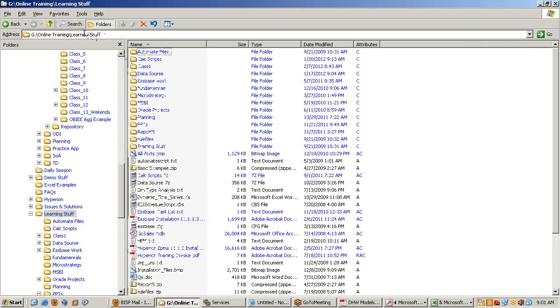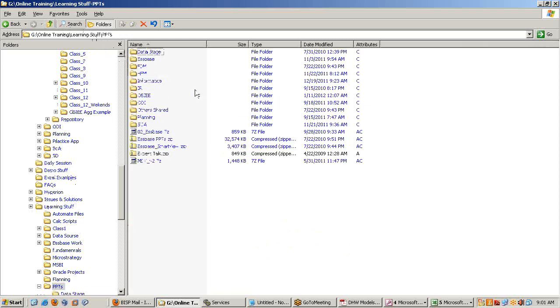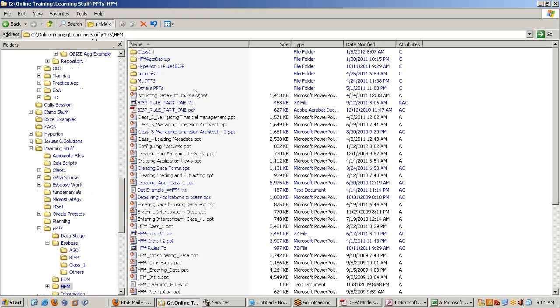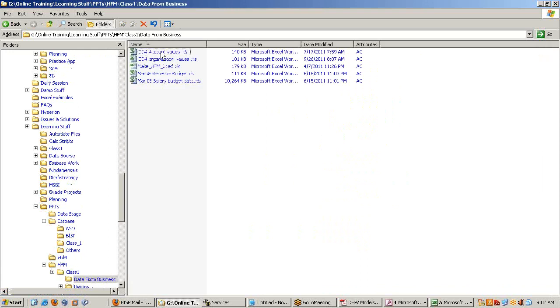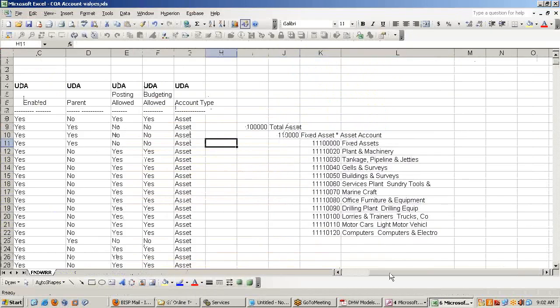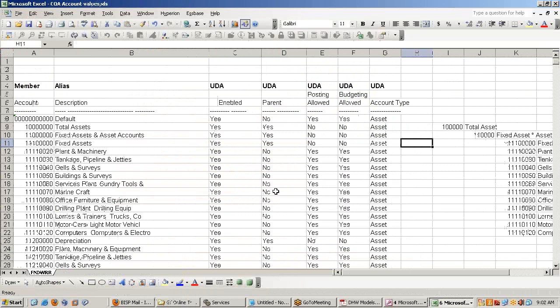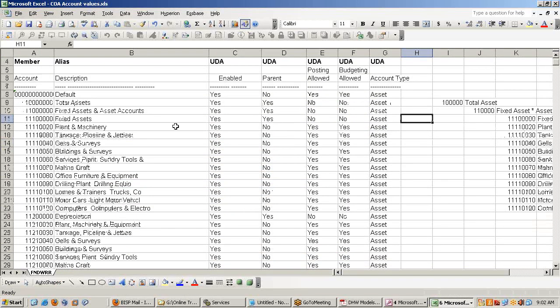Let's take another requirement. This is a real-time requirement where we need to dig out and derive the common chart of account, company account statistics. Now, if you are purely technical, you can ignore this example. It's a traditional real-time example where we need to create a hierarchy for the balance sheet.